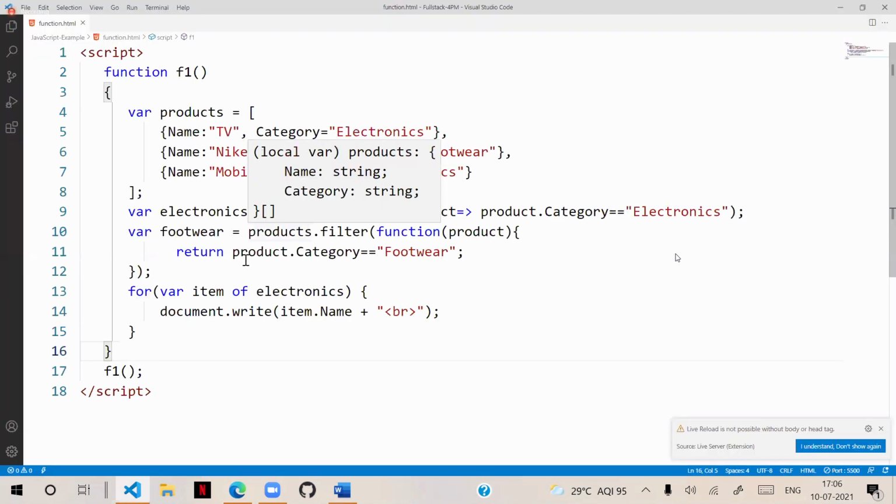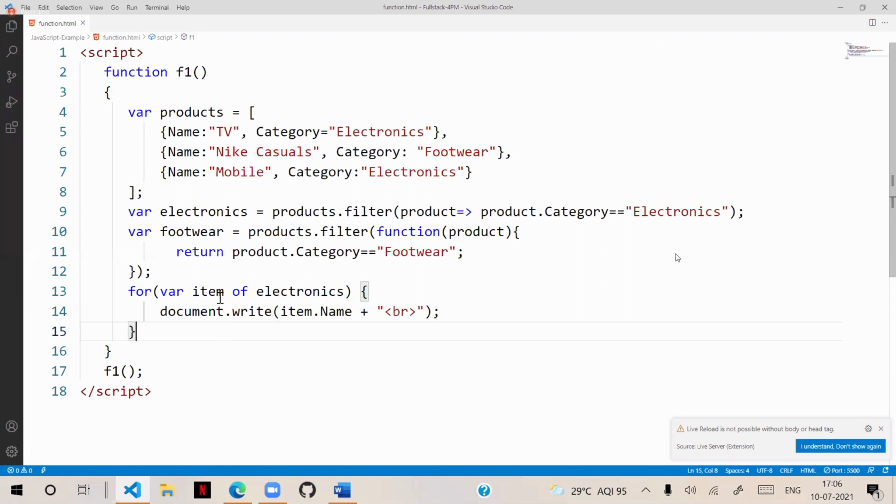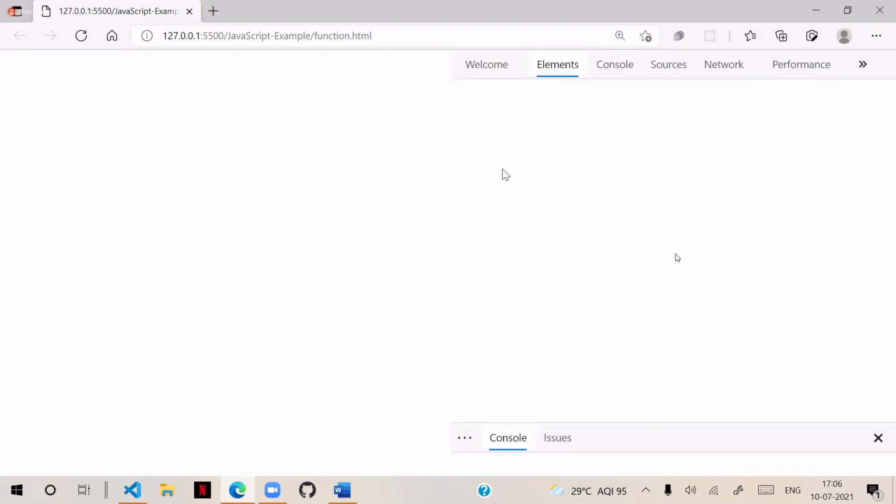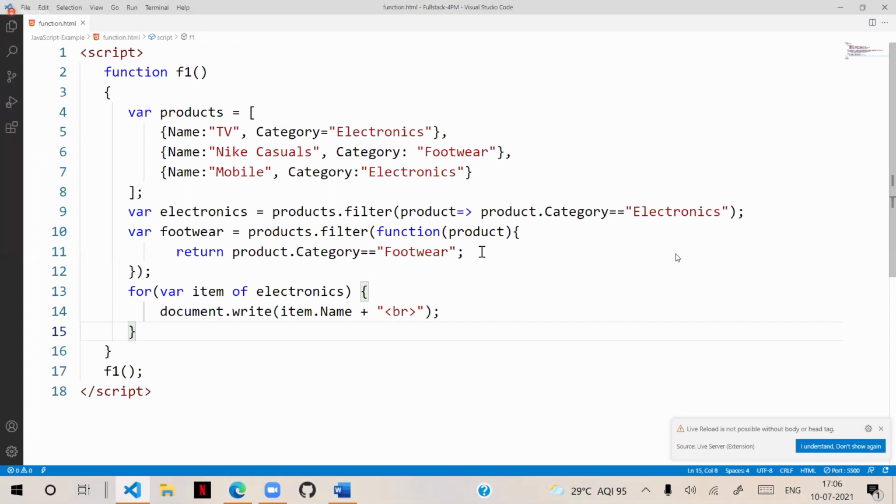Some problem here. So what is the problem? Let's check. The error says invalid shorthand. Where is the shorthand invalid? It is storing equal to electronics, that's fine.